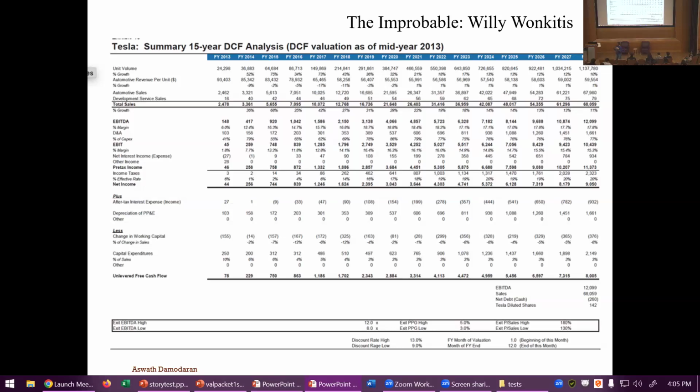And then on page 73, there was a DCF. That's what he called it, so I'm going to stay with this terminology. He said, this is our DCF. I said, okay, this is the place I live. Let me take a look at the numbers. So I took a look at the numbers. This is his DCF. I'm going to go through, remember the exercise we went through this morning? First, I start with the revenue number, and he's projecting lots of growth. In fact, he estimates that the number of cars Tesla will sell will go from 24,000, which is what they'd sold in the previous 12 months, to 1.1 million.